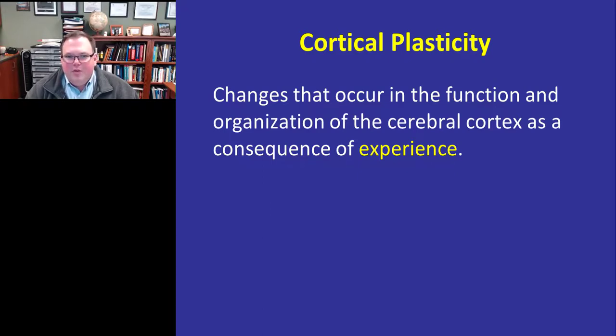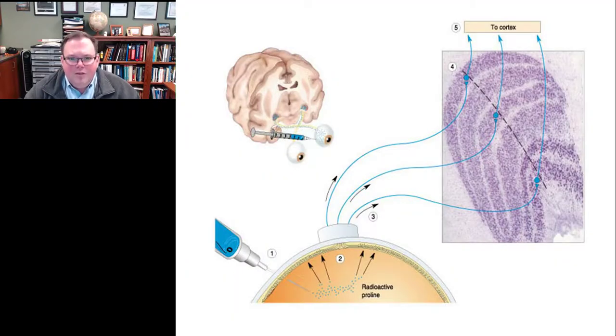Today we'll be using it in the term of the presence or absence of a particular sense. So we'll be talking about it in terms of the presence of hearing or the absence of hearing, such as deafness, or the presence of vision or the absence of vision, such as blindness. Much that we've learned about cortical plasticity was based upon the pioneering work of David Hubel and Torsten Wiesel, who